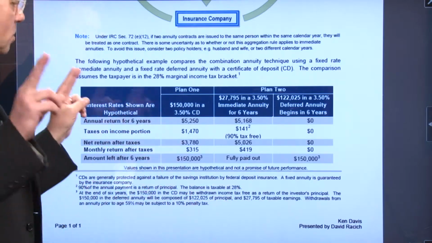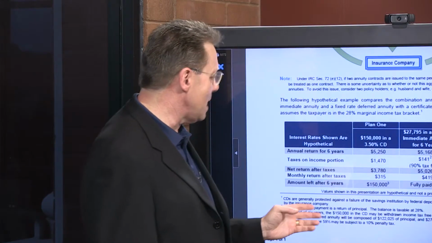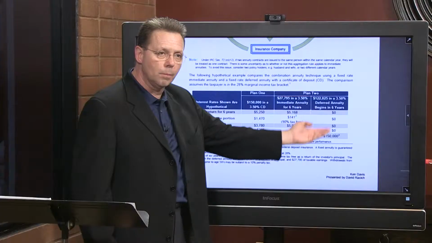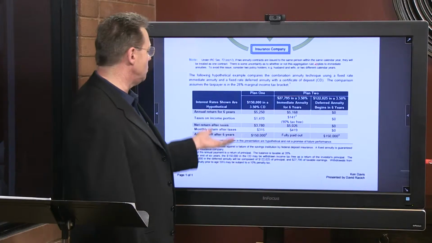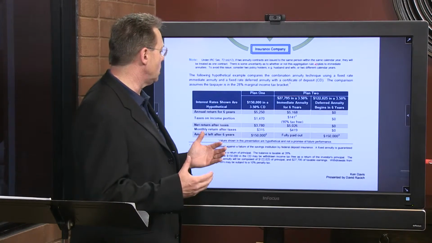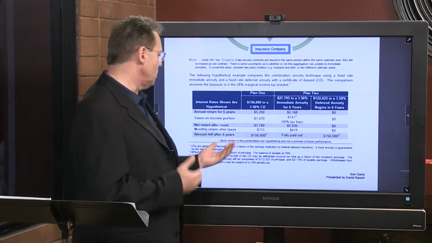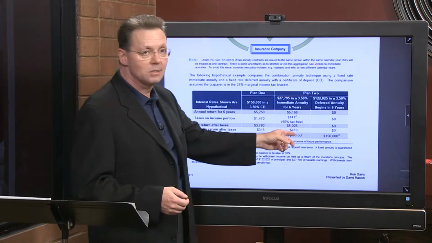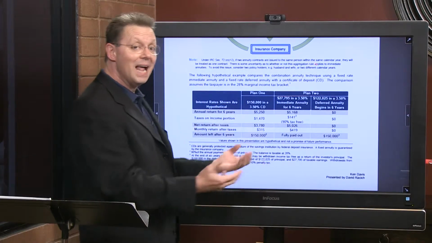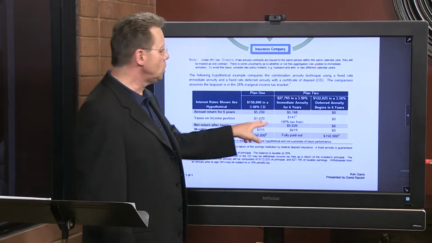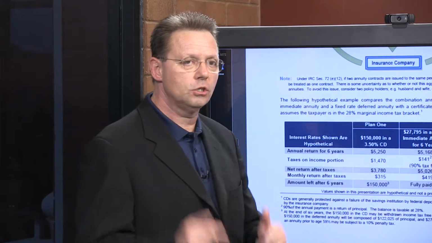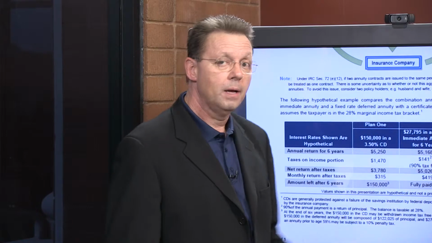So during this 6-year snapshot, I'm actually making more money by doing the SPIA combination with the single premium deferred annuity than I am just staying at the bank. The actual payout overall is going to give me about, it looks like here, about $1,200 more. So it's significant. It's a bigger piece of the pie that I get to keep. Heads up. Once you do this, though, you say, Steve, wow, that's great. I'd love to do combination annuities and just keep rolling this up. Well, heads up.